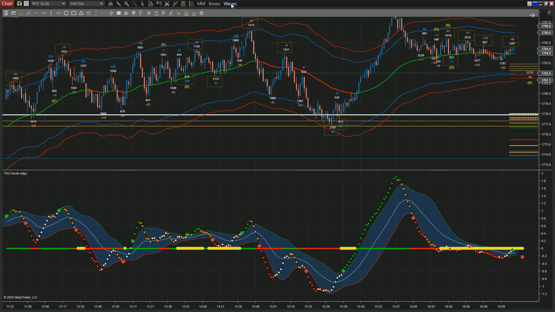Additionally, I can put on the Gann swings to identify each one of these potential pivots. I can put those on if that's helpful, but it's not a requirement. You can put on the waves and the boxes to show you who's overwhelming whom here: sellers clearly in charge, buyers in charge. What we're looking for are those areas where we have an imbalance. So when I take the boxes off,